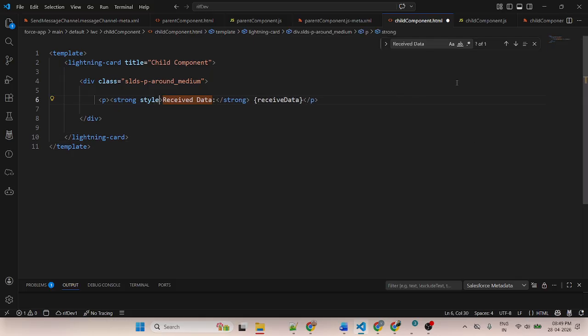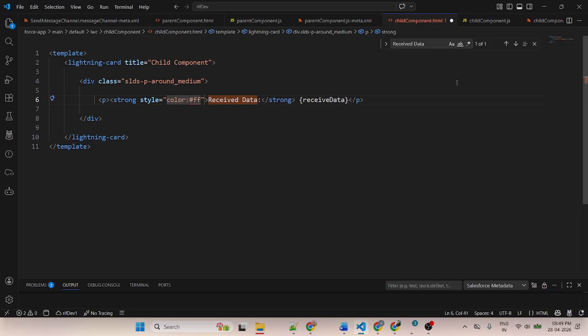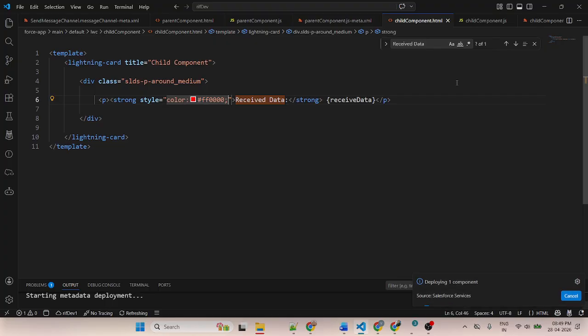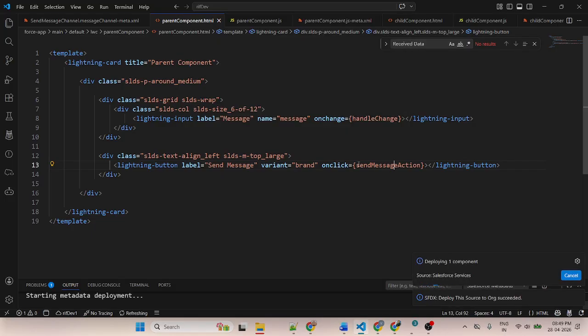So this variable I pass in the component. Use style, color red. Okay. Then save, deploy the code. Now deploy to this one, current component.